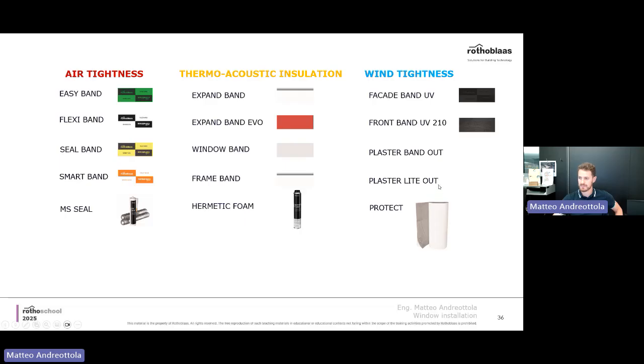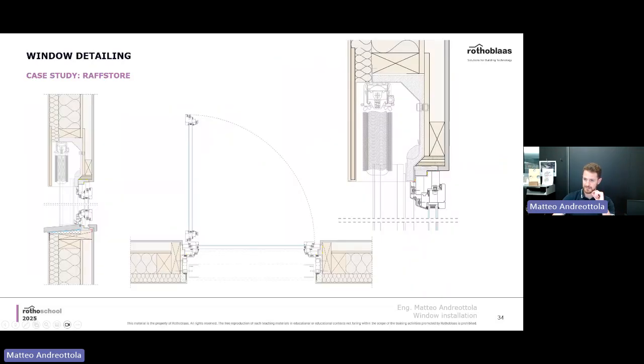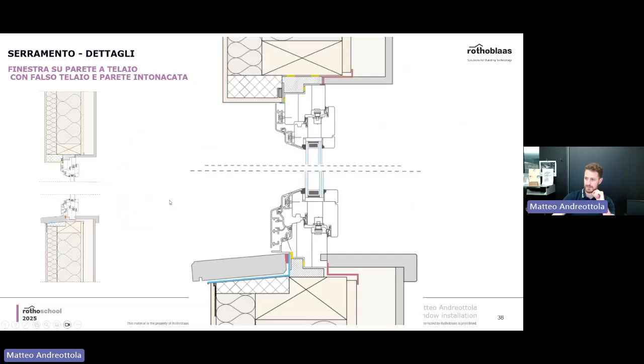But if you want to plaster on top, you can use Protect, for instance, because it has a non-woven fabric on the external part, and you can easily plaster or glue even on top of it without problems. This is also a thick butyl material that we used before also to protect the seal. You see this blue line, for example, you usually use Protect for these smaller lines. You use tapes, for example, just to give you examples.